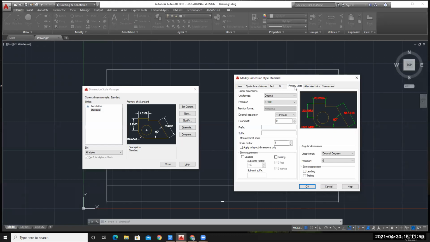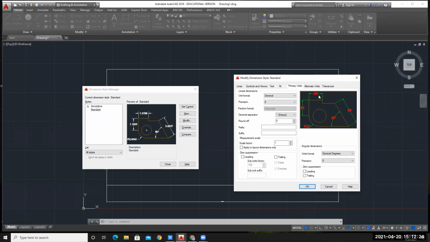Now, coming to your fifth tab, that is your primary units. You can see the precision is 0.0000. That's why it was writing 100.0000 here. After the decimal, 4 digits were coming. So let's make it a single zero. Now you can see here a single value is coming, after the decimal nothing is coming.